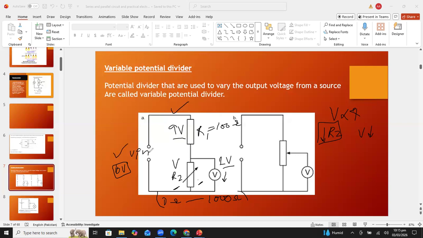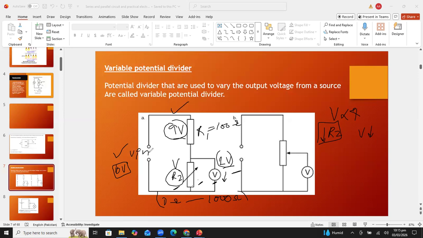Because together the sum of these voltages must be equal to 10 volt. Are you understanding this thing, students? These values which I'm using, I'm just giving you as an example to make you understand how we can vary the voltage across this potential divider. Now, slowly or gradually, I'm increasing the resistance of this variable resistor. As I increase the resistance, the voltage across this resistor will increase and the same voltage will appear across the voltmeter as well because it is connected in parallel.